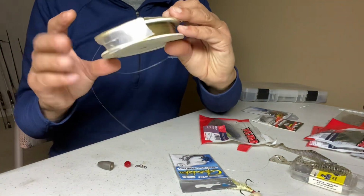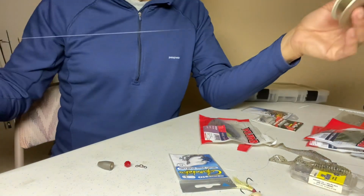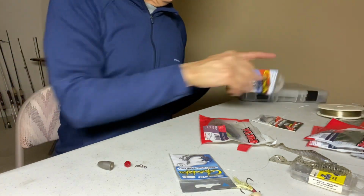I'm using 4-pound Maxima. You can see this is a pretty old spool. And I give it about a 1 to 2 foot leader, right? And then I tie on. So the key here, so back in the day,